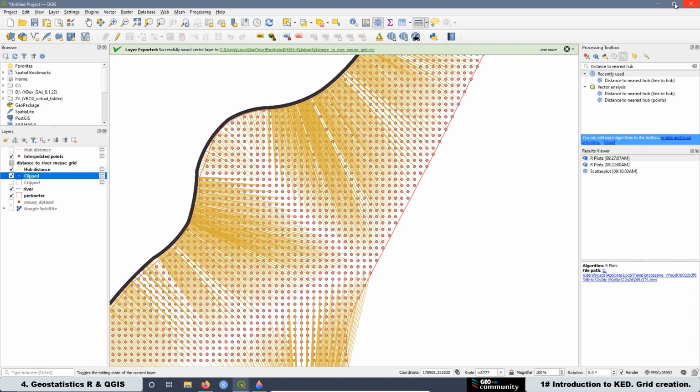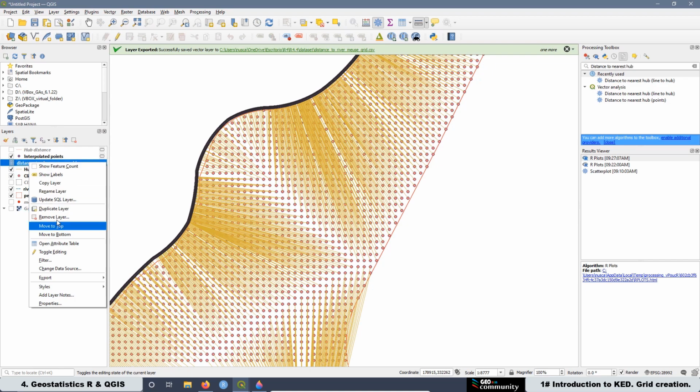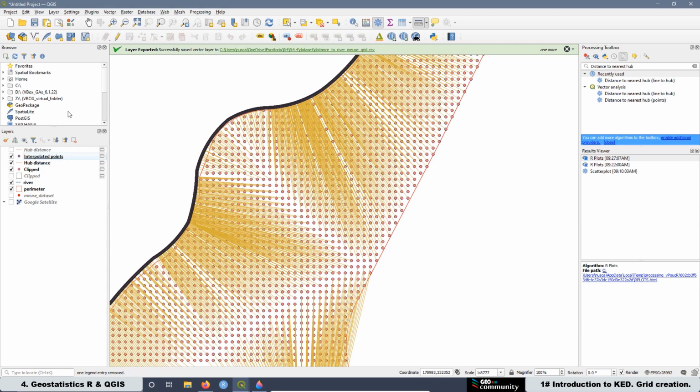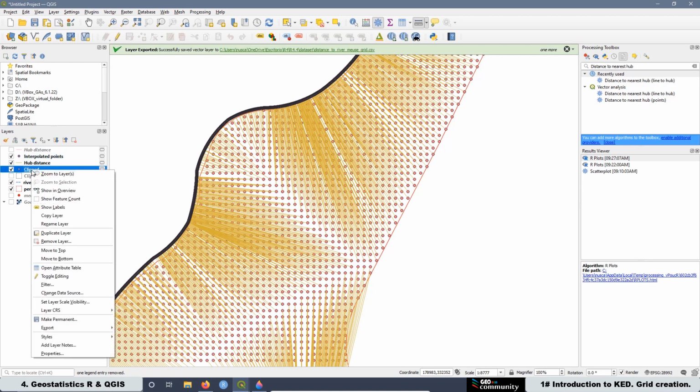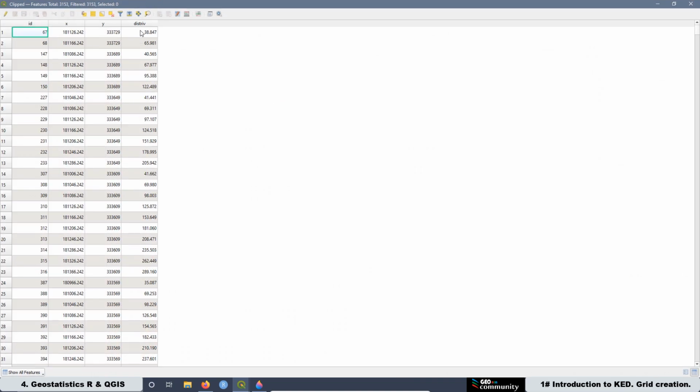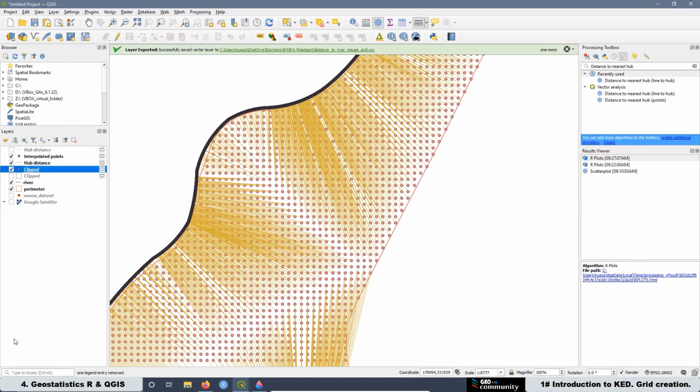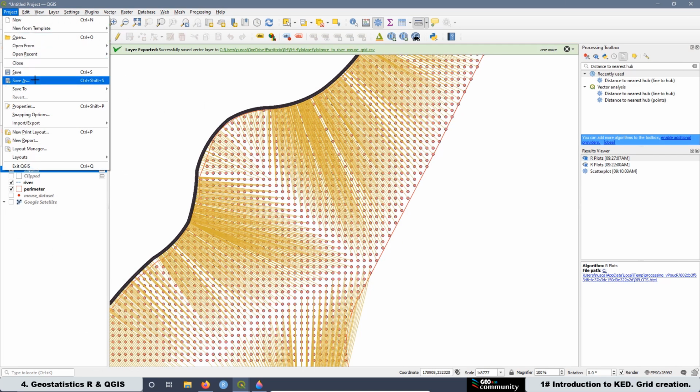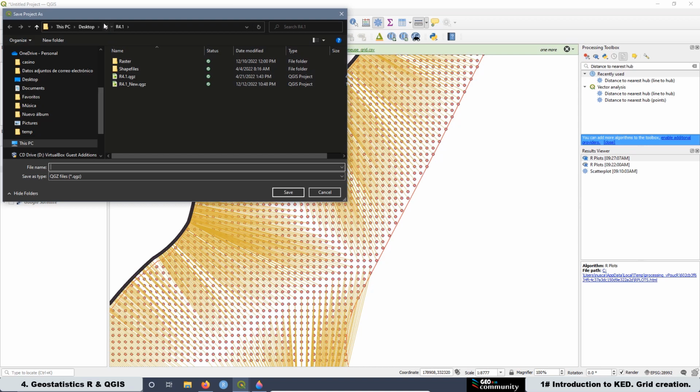Now we can close the edition, save. We can close these windows here. And now we can remove this table over here. Remove the table. Okay, and if you go here now to the clip and open the attribute table, we have the distance to the river for each unsampled location. Now I'm going to save the project just in case. For this one, I'm going to put Kriging with external drift. Save. Oh, I have to put a different name. Kriging external drift